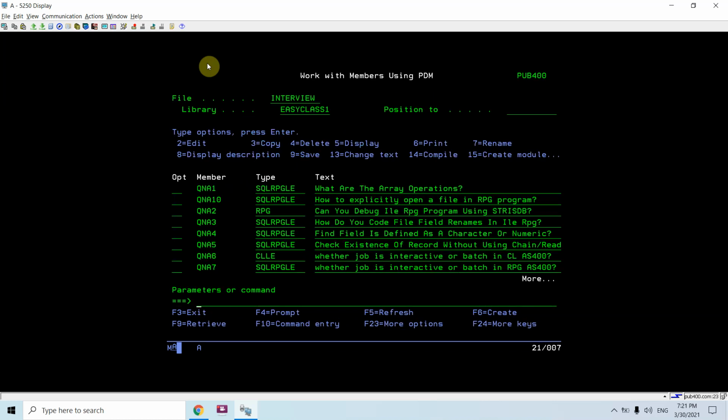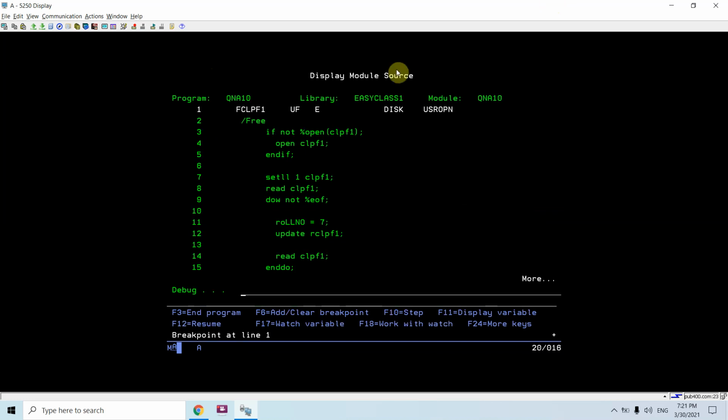Let me set the breakpoint, then call this program. It will first check if this file is open or not. So this file is not open. Now it will come in the if section, and inside the if, it will open this file.